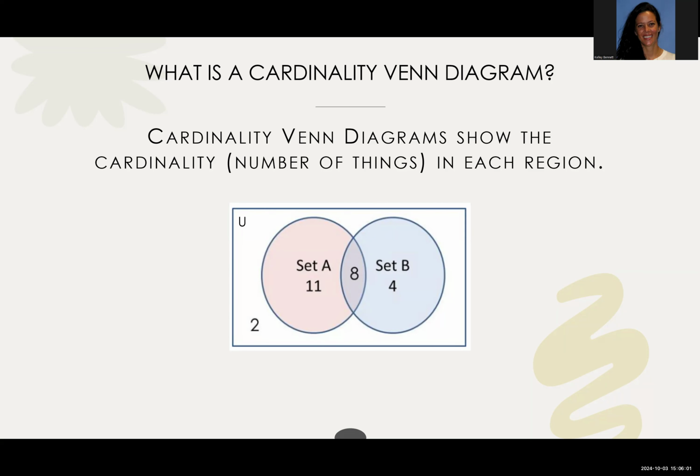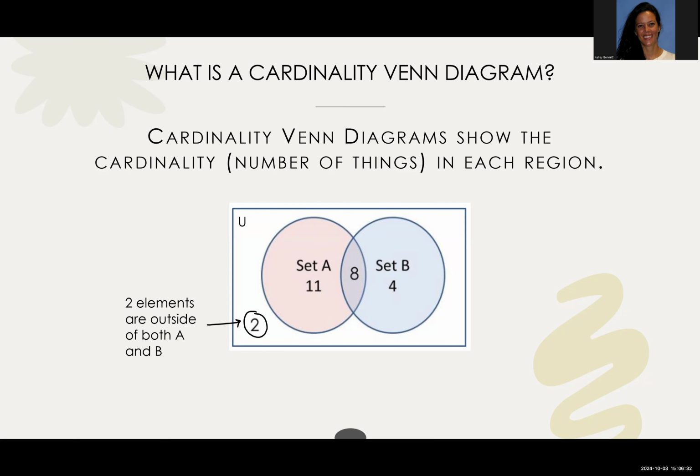So here we have two sets, A and B. They have some overlap, they have some things in common, and they exist as subsets of a universal set U. So let's just look first at what this number 2 means. It means that there are two elements outside of both A and B. It's not saying that 2 is an element of the universal set. It's saying that there are two things here that belong to the universal set that are not in A and